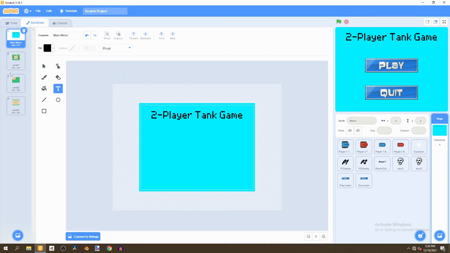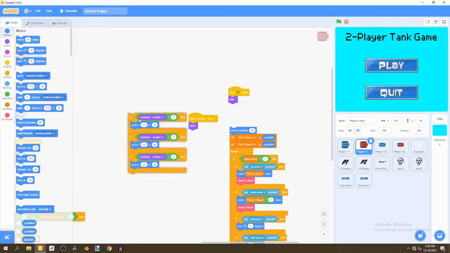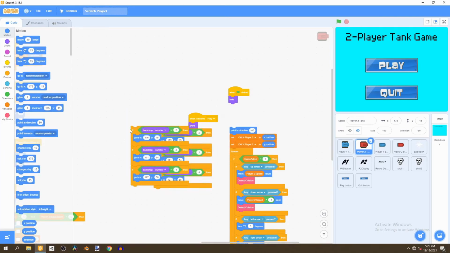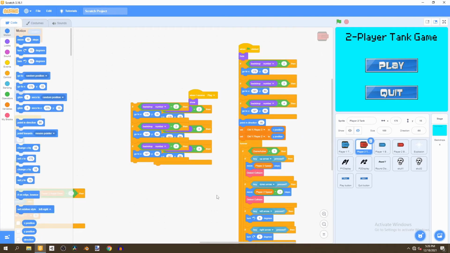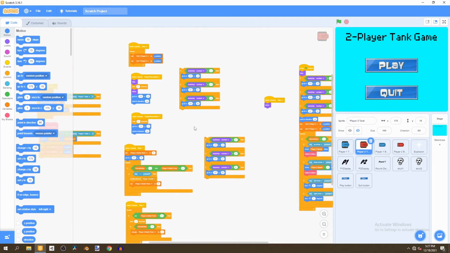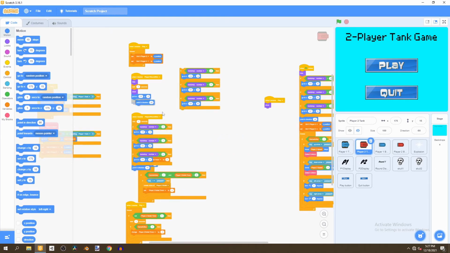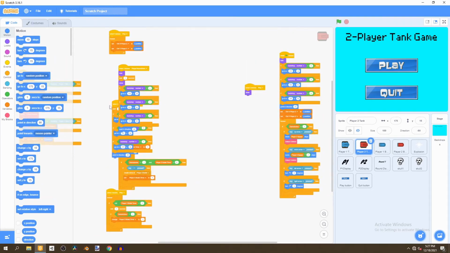If you scramble them up, make sure to align them properly. And then we'll go to the player 2 tank code again, and then just duplicate this twice, and then just put these in each of the blocks. So we can put this right here, and place it here. And before we test this, what we're going to do is go to this block right here